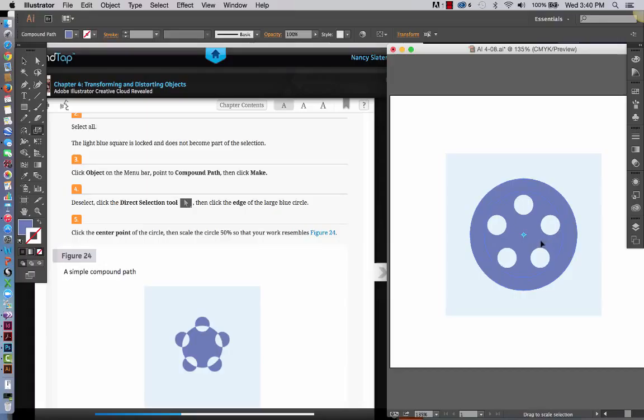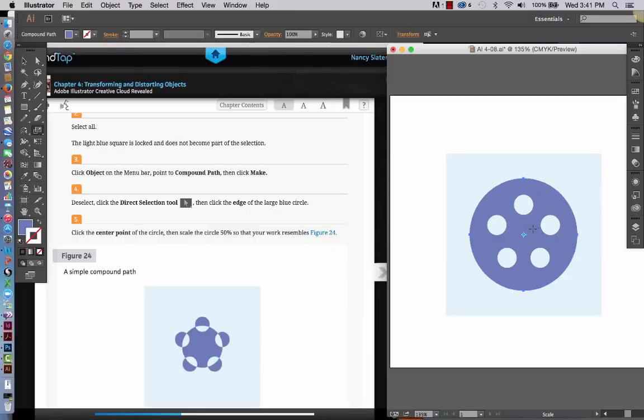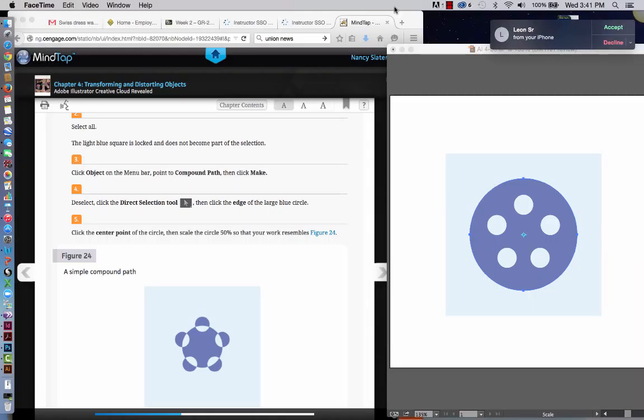Now this is where it's just a little bit of a dance, if you can see my light blue line there. If I release the mouse, it will give me a little bit more control over it if I release the mouse first. So I'm just going to try to get this in, release the mouse, and again, not exactly like the textbook, but much closer than what I was doing before. So maybe if I click it right on the,